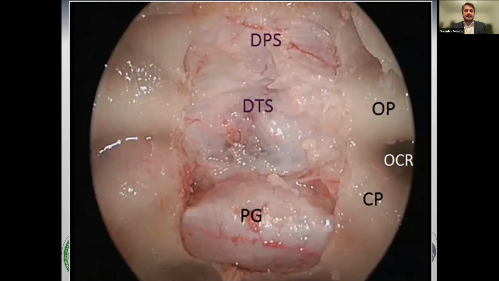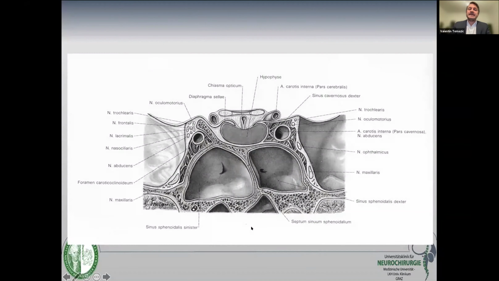So you can really nicely expose the dura in this part, and also go into the suprasellar space, for instance, for highly upreaching adenomas to the third ventricle, or the classical approach that is really designed for this tumor would be for craniopharyngiomas. Be aware that you don't only have the carotid artery and the optic nerves in the lateral